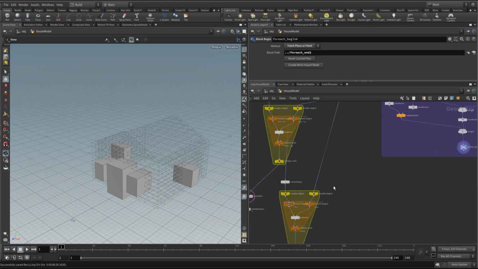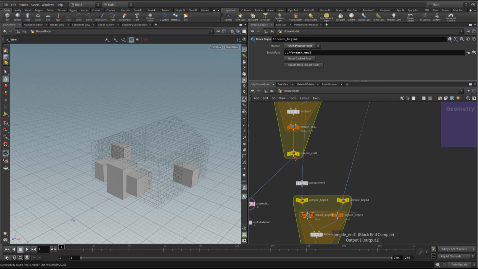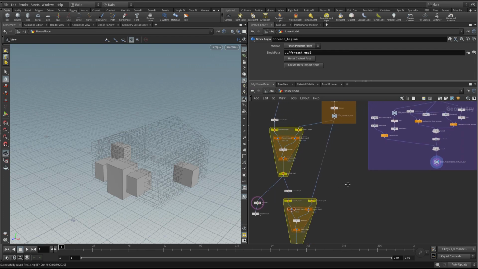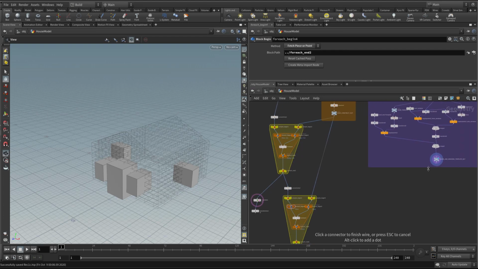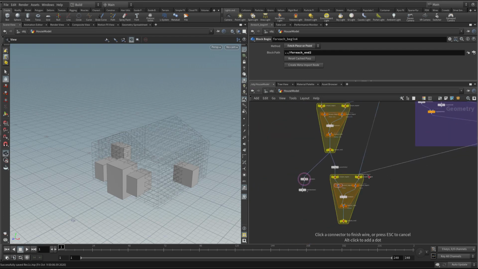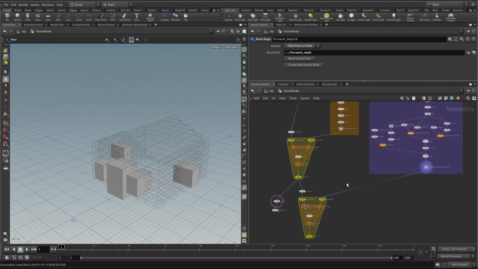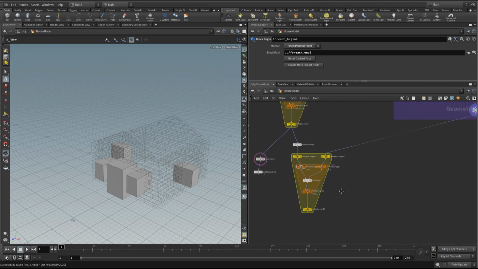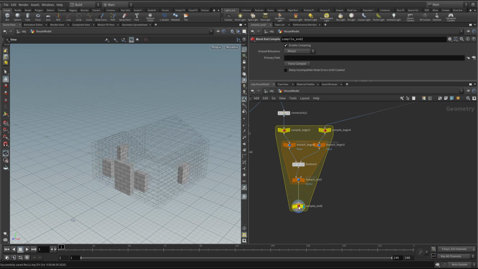Just drag the whole loop down. And then what you want to do is plug the output of the compile into the next connectivity. And then this time you want to plug the output of your doors and windows here into the second input of the loop. Now if we come down to the bottom here and click on the compiled end,